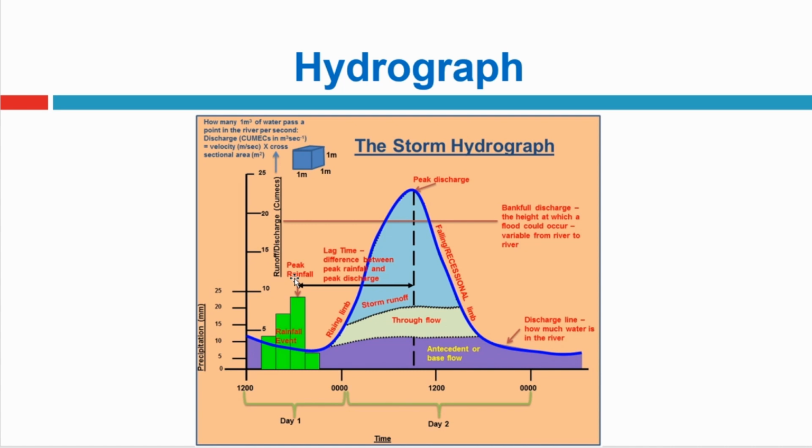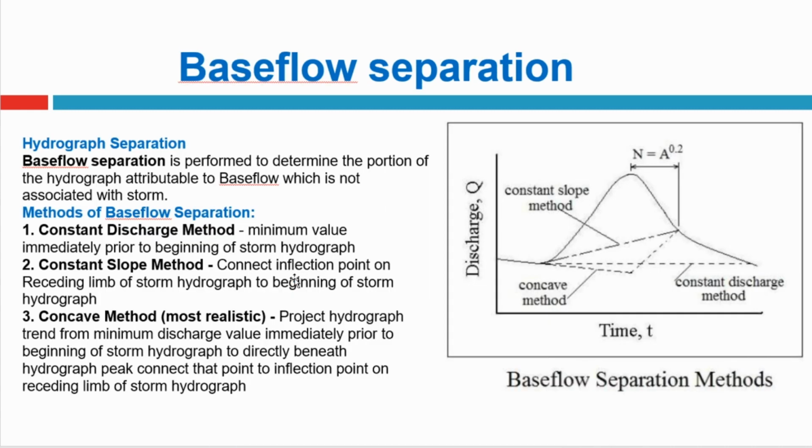Okay, now what I'll do is I'll try to separate out the base flow from the direct runoff. So I am interested to find out how much is the increase in the discharge only because of the direct runoff. I'm not interested to know how much is the water that is coming from the groundwater, which is base flow. Because of that there are three methods through which we could separate the base flow. This is how we try to separate the base flow from the direct runoff, which is a combination of overland flow and the subsurface runoff.